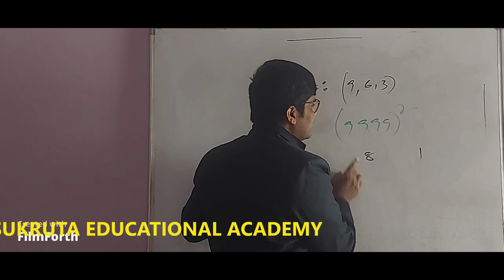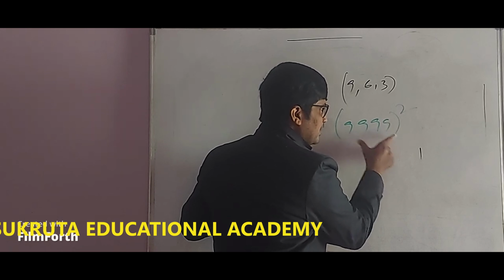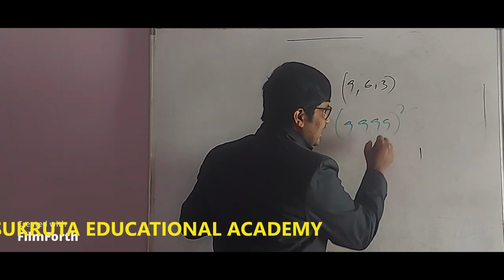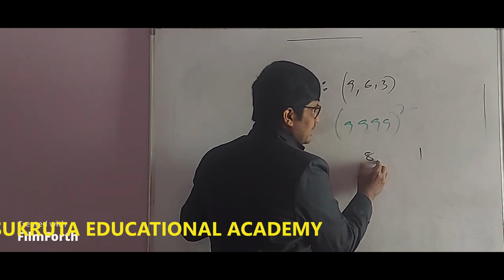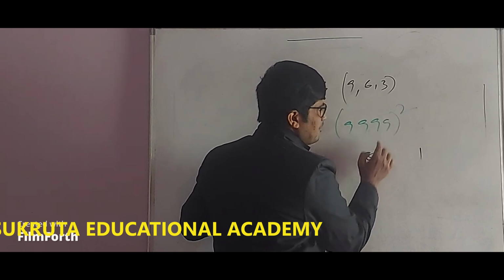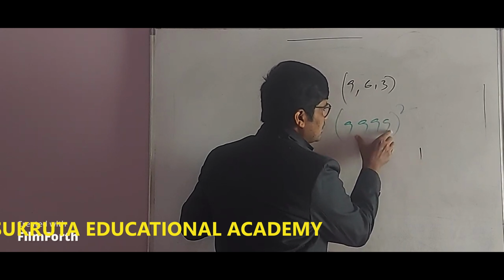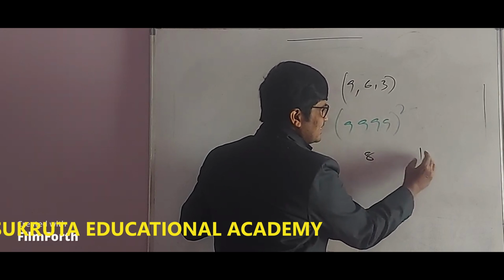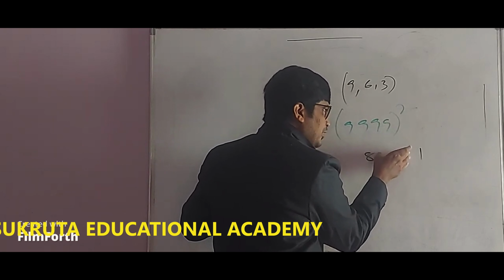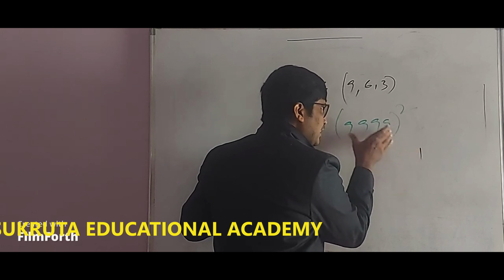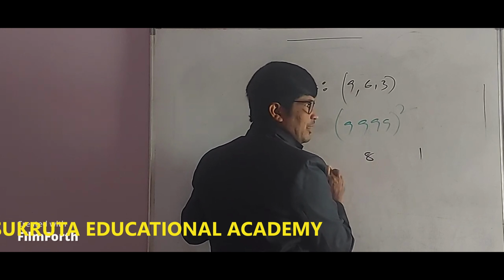Now let us take 4 digits. When 4 digits are given, we have to take 3 lesser numbers than this number and 3 greater numbers than this number. If it is 4, then we have to take 3. If the number is 5, then we have to take 4. If the number is 6, then we have to take 5. In such a style we have to take, and the greater number we take in the same way.